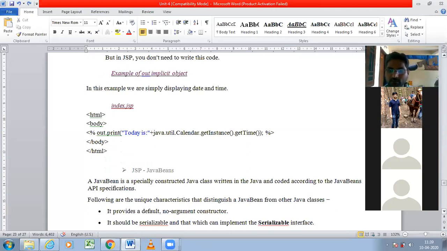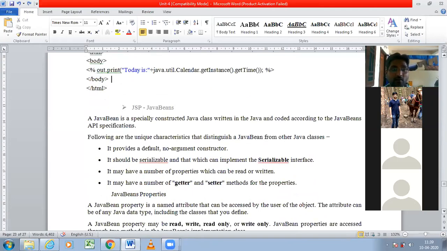Next, coming to another one, that is JSP Java Beans. Already you have studied these things in your second year, the Java Beans concept. See here how to use these Java Beans. Java Beans means in a simple way we can write the code, short code.